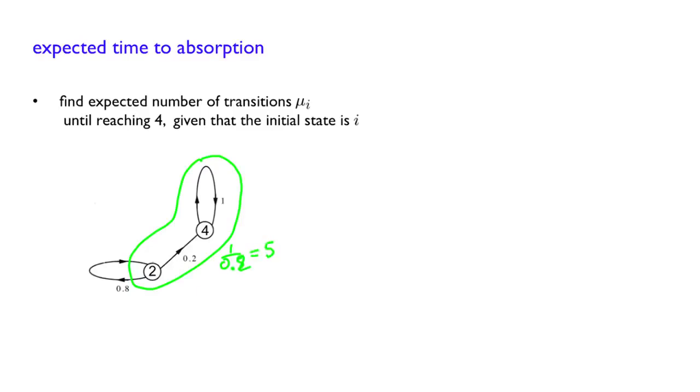Now that we have done this quick calculation, it should be clear that if we go back to the previous Markov chain that we had here, the expected time mu2 would probably be bigger than 5. Since from 2, not only do you have the probability of going to 4, but you might have some chance of traveling elsewhere. So probably the number of transitions until you reach 4 will be bigger than 5. Let us see. First of all, if you start at 4, the expected number of transitions until reaching 4 will obviously be 0. So for i equals 4, you indeed get 0.